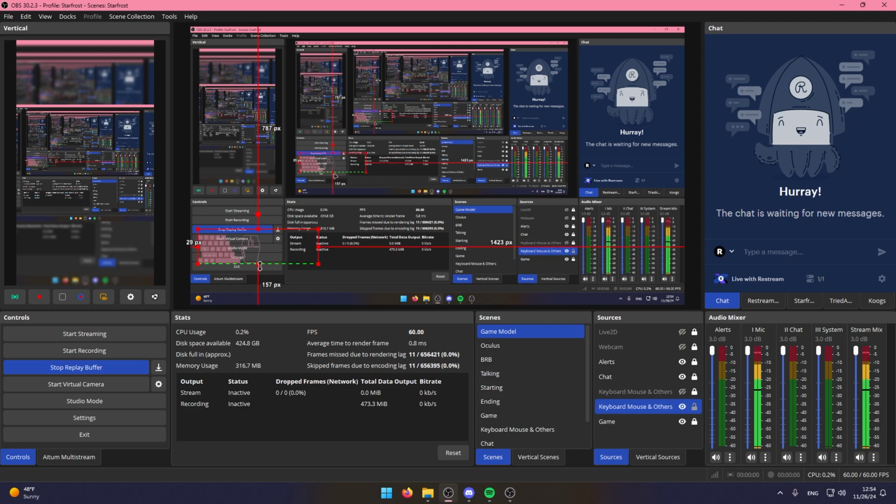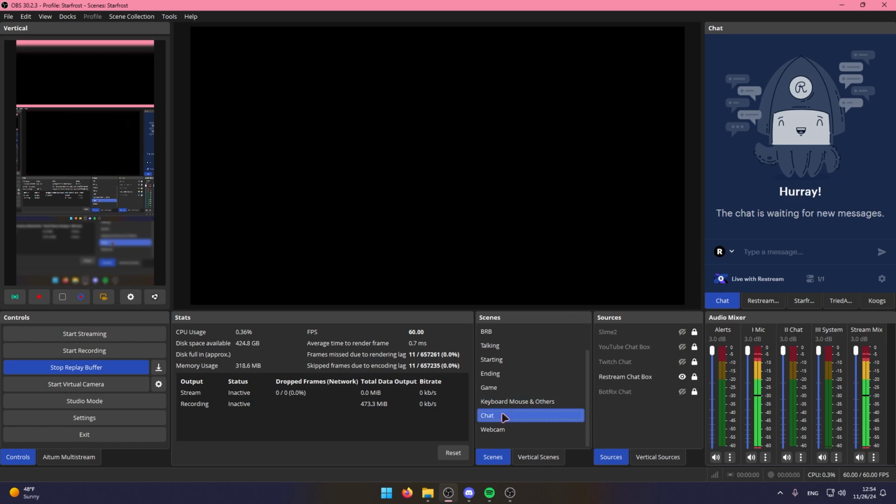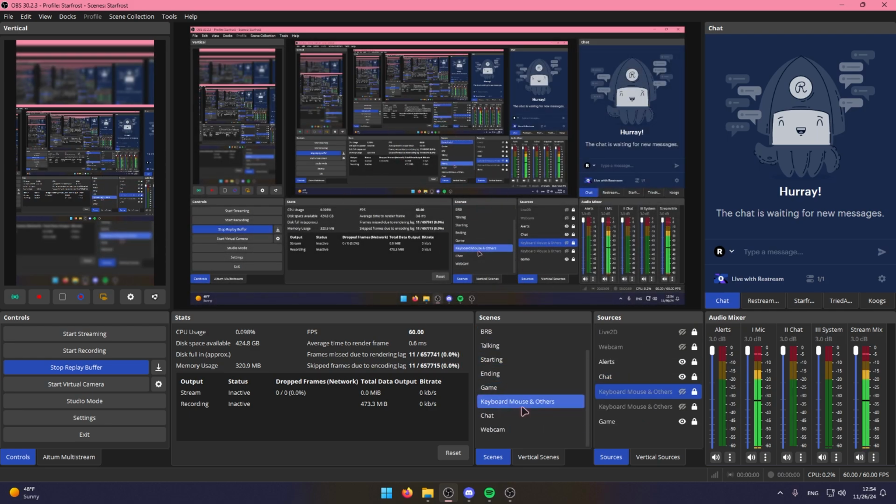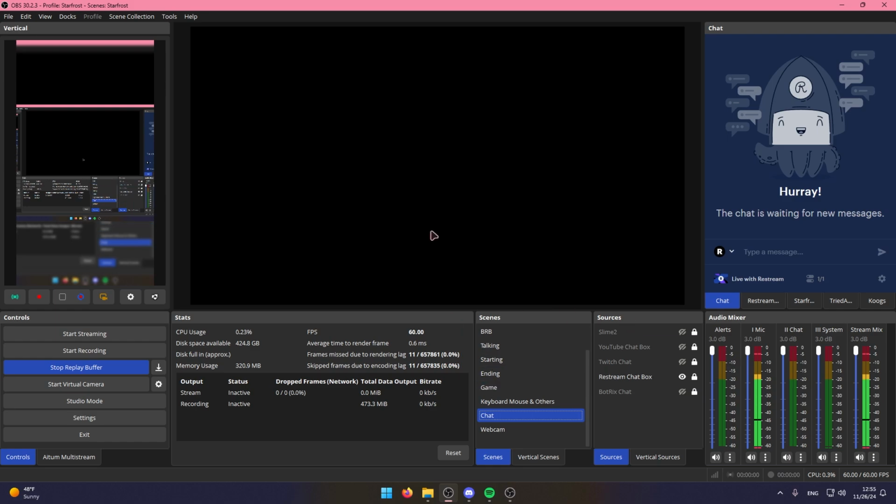And then in my case, I just cut off the bottom where I had the controller, and then I duplicated it. And then over here, you can see I cut off the top bit where I had the keyboard and mouse. So that's a good way to go about doing stuff like that. Same with the chat. You can see I have a bunch of different chat boxes right here, which I just created a scene for. And then I add my scene to my different areas so that my chat is always